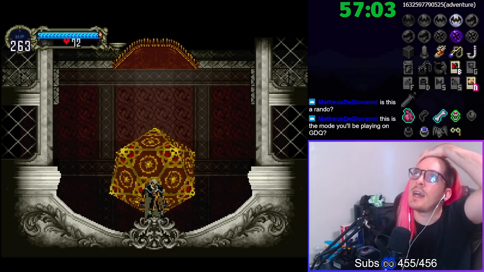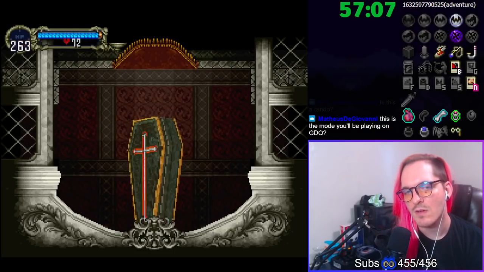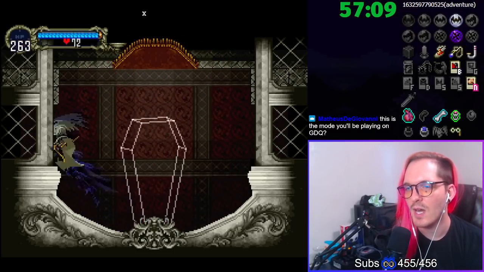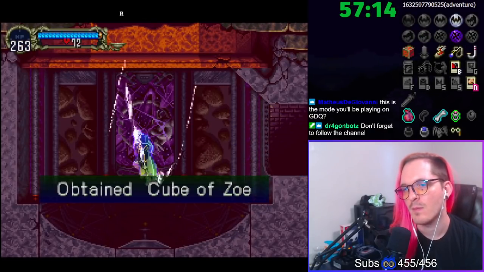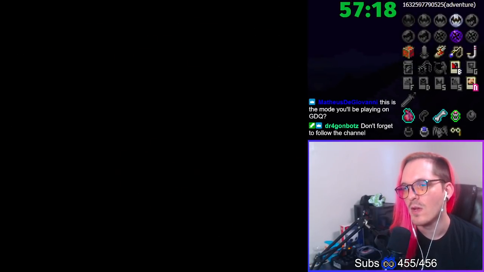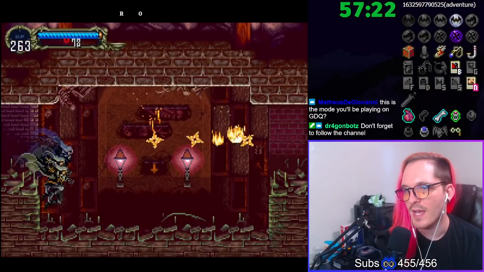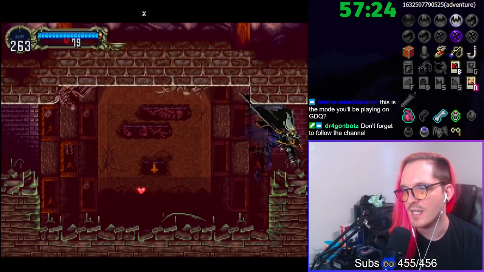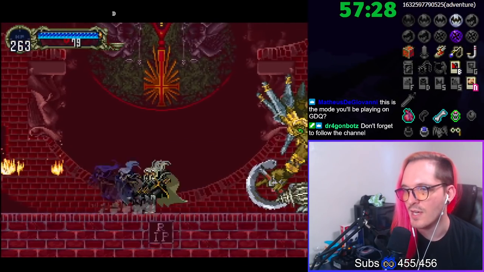Okay, so we have 2 checks in this area. I'm saving... Oh, I saved over my other save. Oops. But yeah, we have 2 checks here. Ah, Cube of Zoe. I do need that. Perfect. Then me wasting that save didn't matter. Cool. Cube of Zoe is required. Now I'm going to be checking all these candles, hoping for a stopwatch, because I need to find a stopwatch. The stopwatch is required for a possible relic check, so...